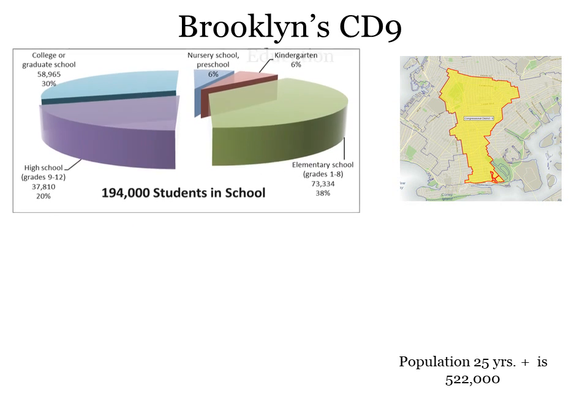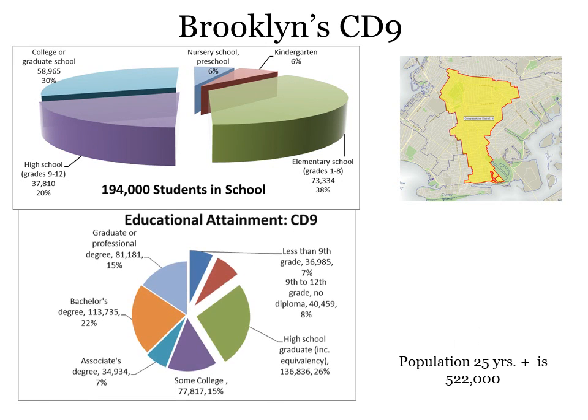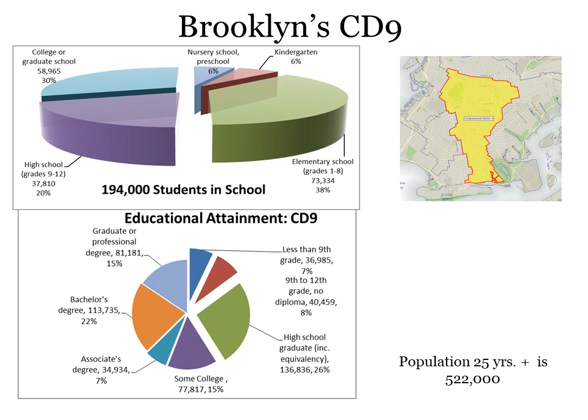We have 194,000 people who go to school. That's a fairly significant number. And we have an educational attainment that's fairly high. A bachelor's degree, associate's degree, or some college is there, but it also includes 15% of the population, which amounts to 81,000 people, that have a graduate or professional degree. All of this is percentages of the population that are 25 years and older, and estimates in 2014 put that at 522,000 of the 750-plus thousand people that live in the district.